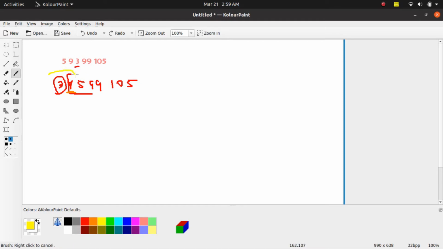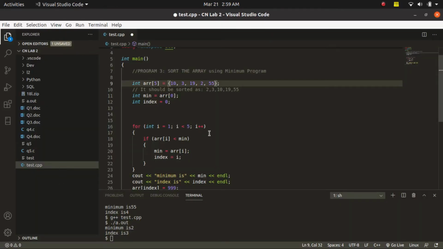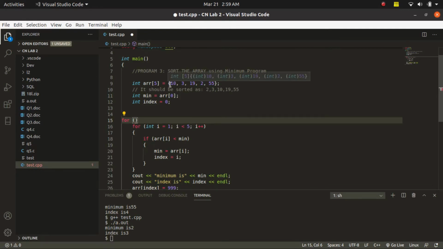The first 2 digits are in the right place, and then we would make another loop from here to the end, and then another loop from here to the end, and no need to make a loop from here to the end, as it's automatically in the right place. So that is how it works, and now we are going to see how we would code it. We have an outer loop that goes for n-1 times. N here is 5, so it goes for 4 times. In programming, where indexes begin at 0, it would be 0, 1, 2, 3. So it would be from 0 to 4 actually.